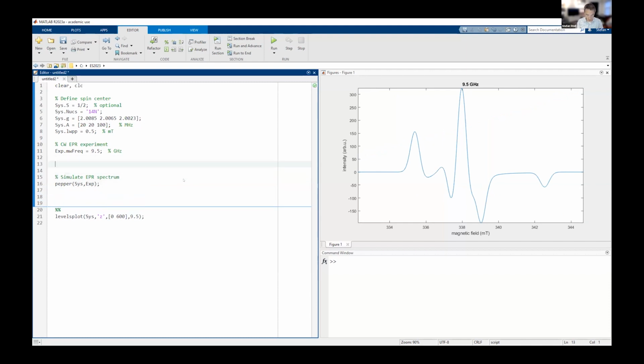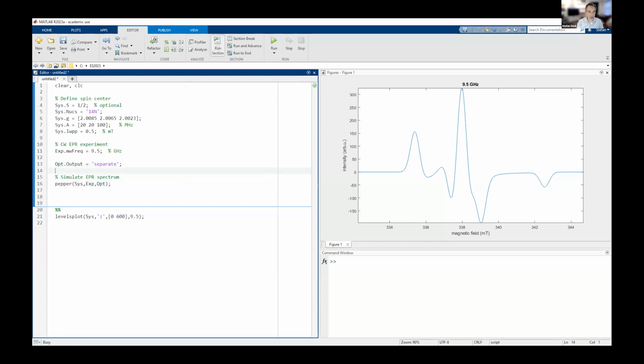And one of these settings is called Opt.Output, that will allow you to get EasySpin to return you 3 separate hyperfine transitions. So Opt.Output equals separate. And if you provide this Opt for options as a 3rd input to pepper,